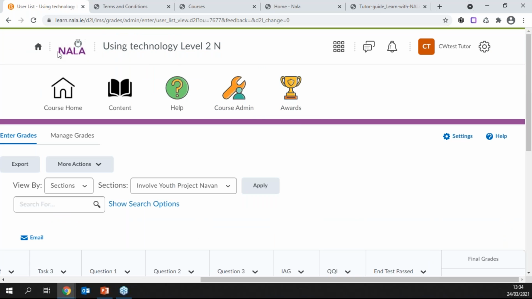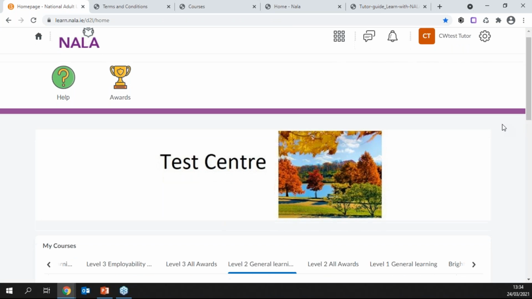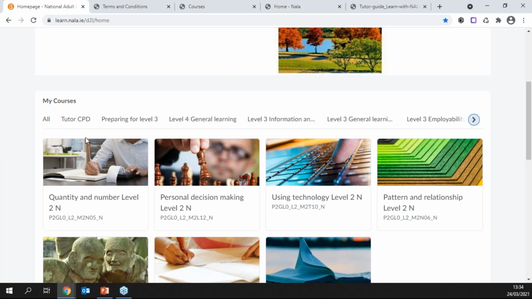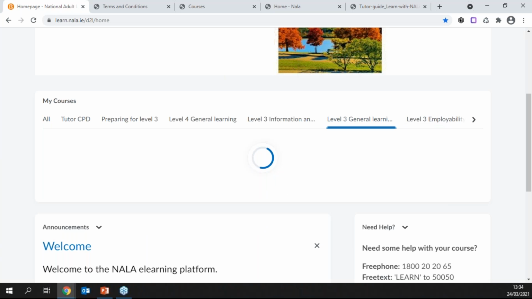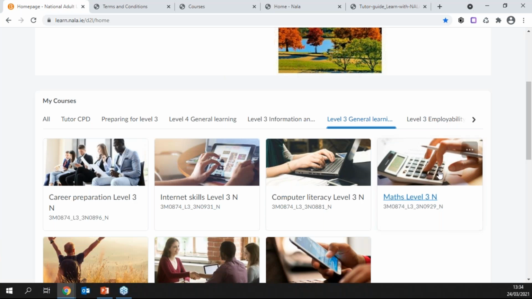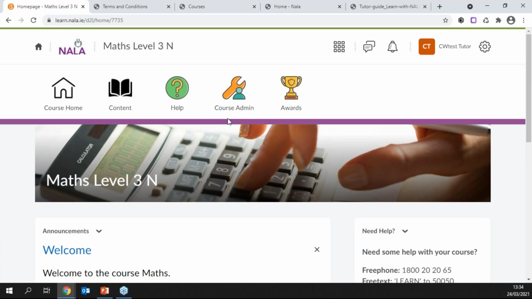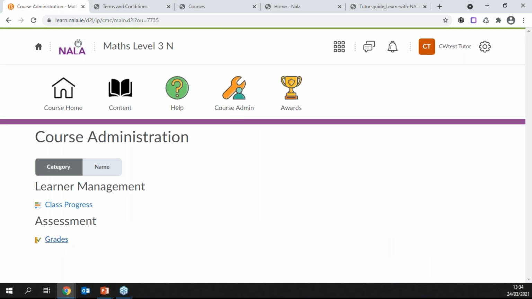If I wanted to look at another course, I can click on my home button, maybe look at a course like Maths Level 3. So I'll go to Level 3 General Learning and click on Maths. And again, if I do the same steps, if I go to Course Admin and Grades,